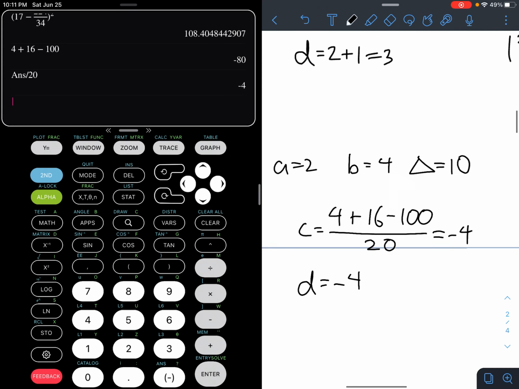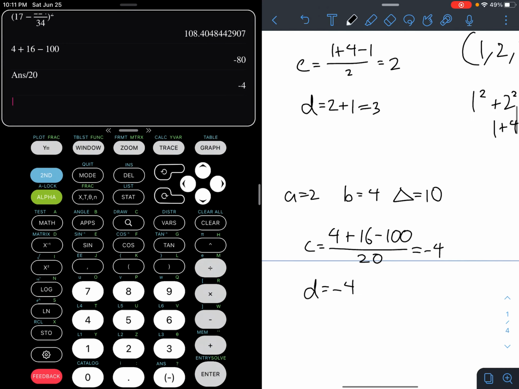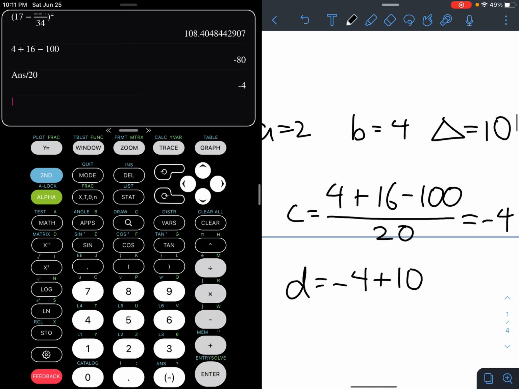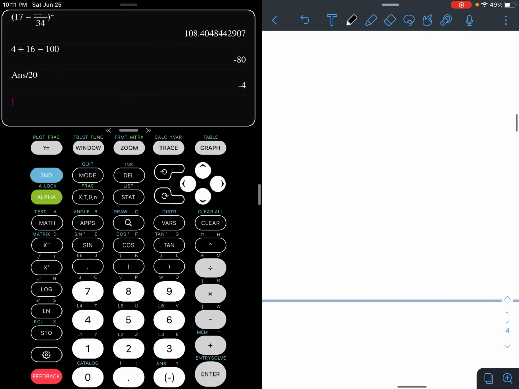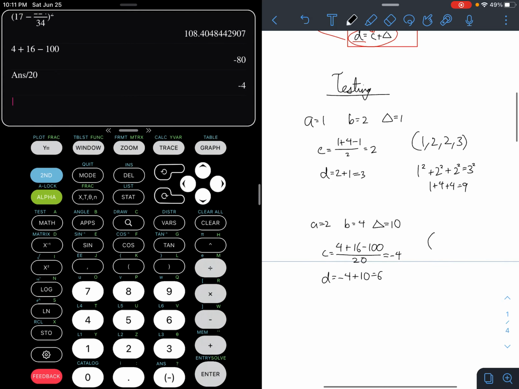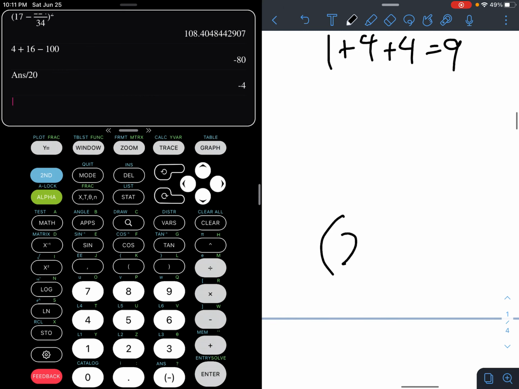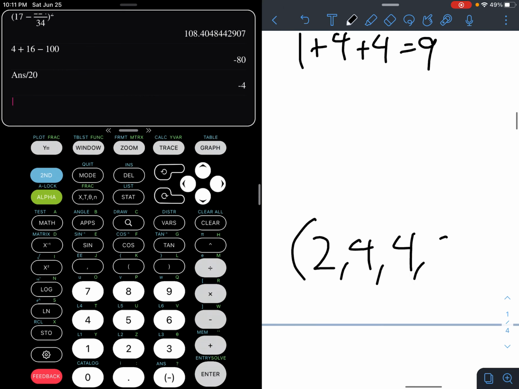D is going to be negative 4 plus 10. So it's 6. And actually we might go ahead and make this c equal to positive 4 because it's going to get squared anyway, so it doesn't really matter. 2, 4, 4,